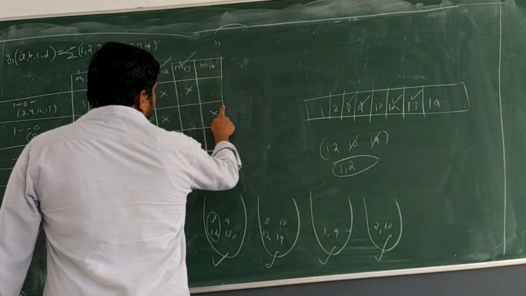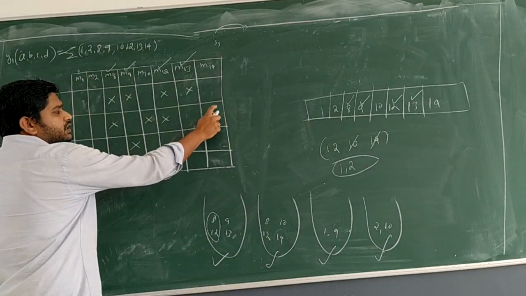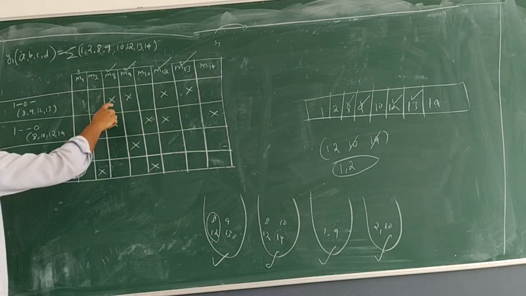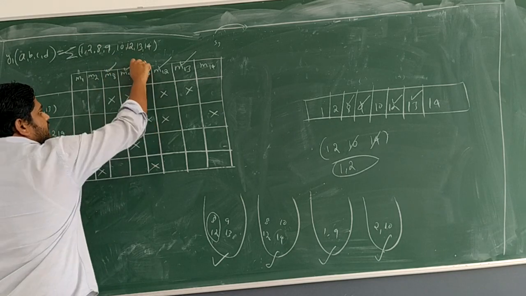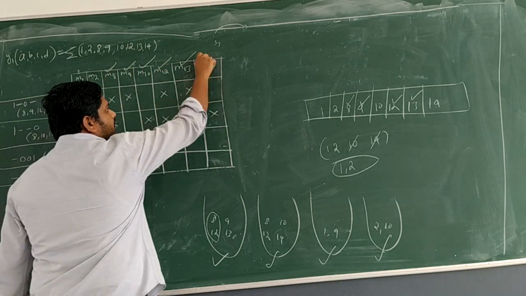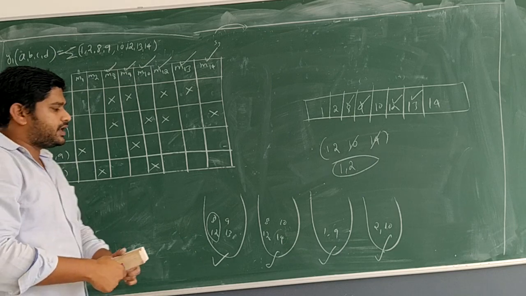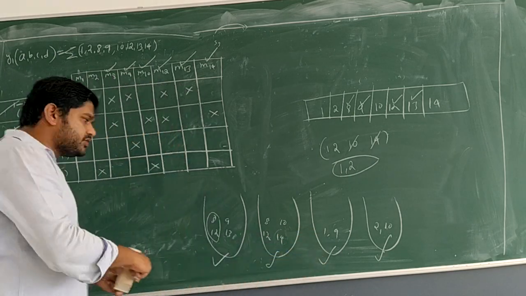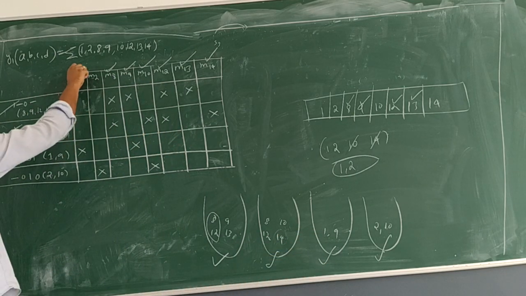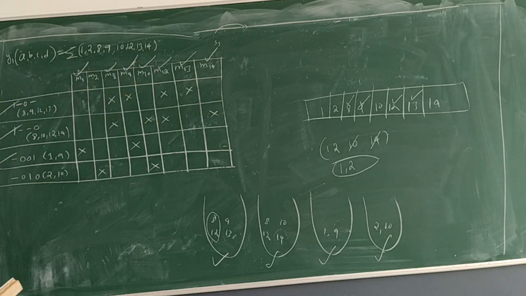So coming back here, I have chosen the second bag. If I choose the second bag, I will get 8 already, 10, 12 already I have, 14 I will take. So that means what? I have taken the 8, 9, 12, 13 bag. I have taken the 8, 10, 12, 14 bag also. Okay, fine. Next, what did I take? Third bag also I have chosen. Hence it is 1 and 9. Put a tick mark for 1. 9 is already chosen. So the fourth bag is also required. That is with 2 and 10.